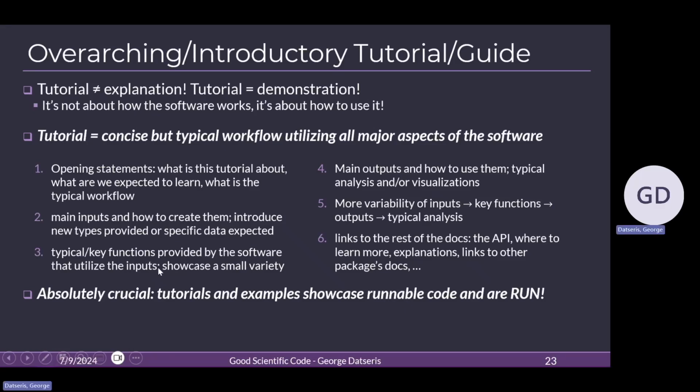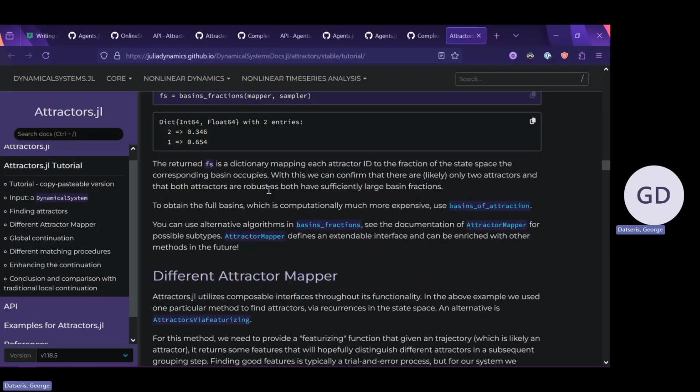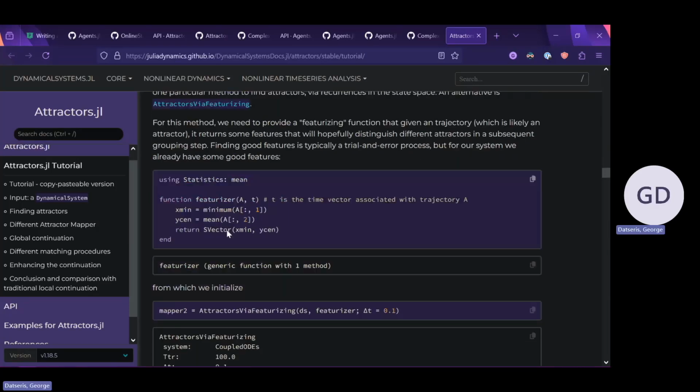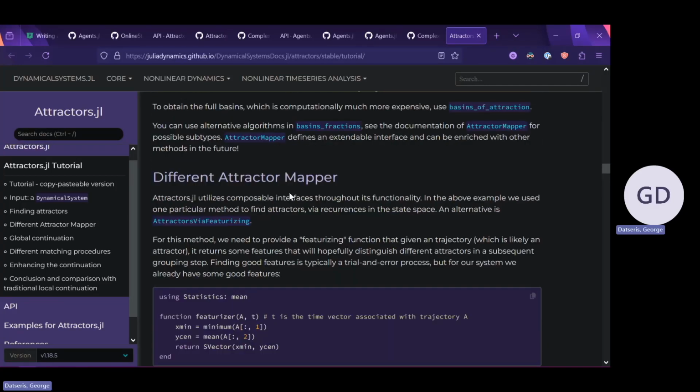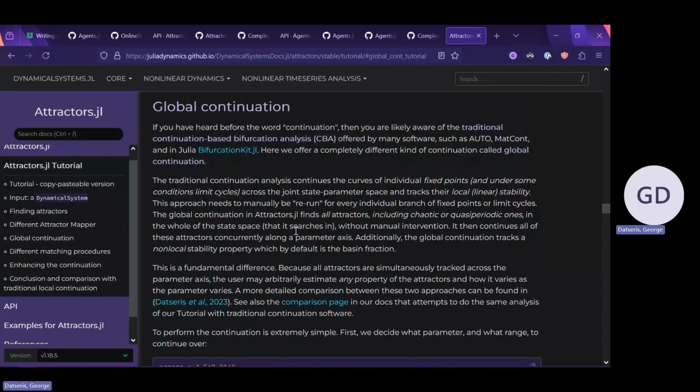What is the typical, number 4, what is the typical analysis of such an output? The tutorial proceeds with more typical analysis of such output here. So this is more typical analysis of this output. Then the tutorial has some input variability. It shows you, well, this input we have created so far, there are different versions of this input. Here, how you make a second type of input. It continues on, and then at this point, we now are in number 5.